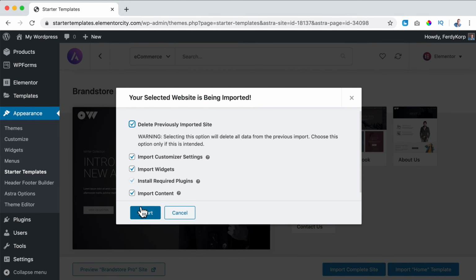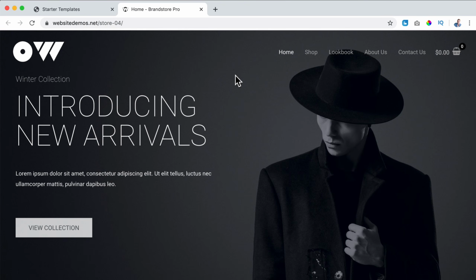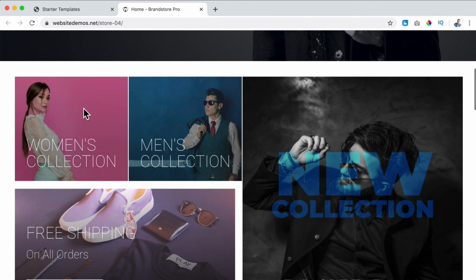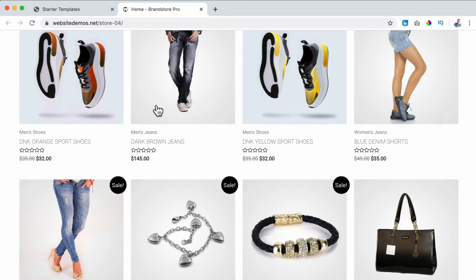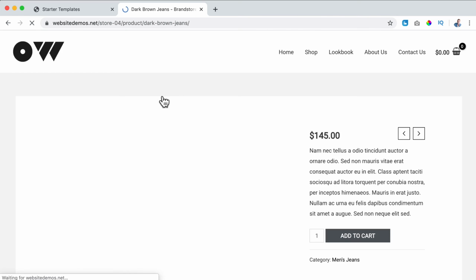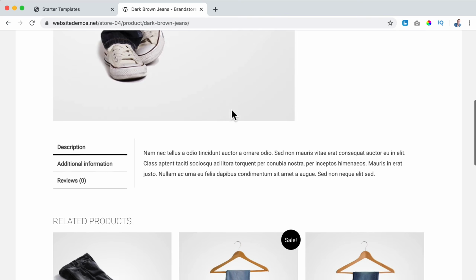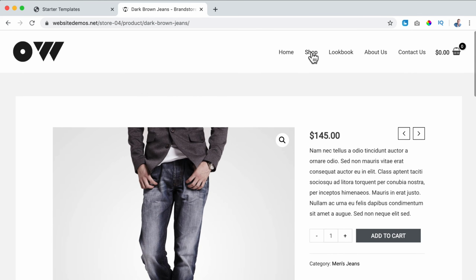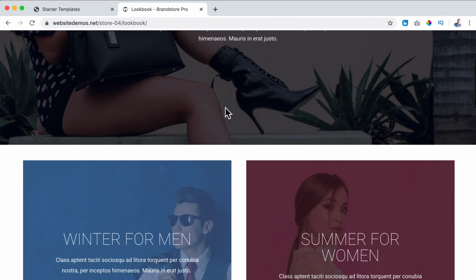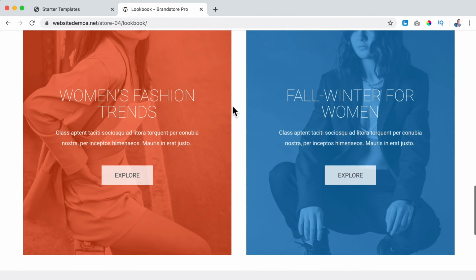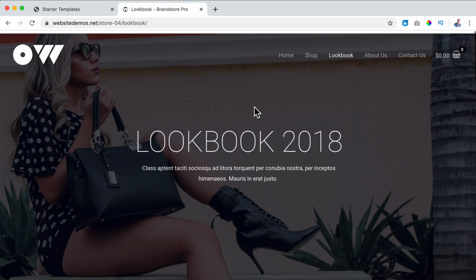Remove older one and import. And now it looks like this. Does it look professional or does it? This looks amazing. I click over here. Beautiful. Other pages, lookbook. Just with a few clicks.